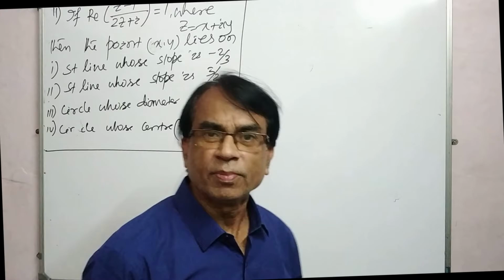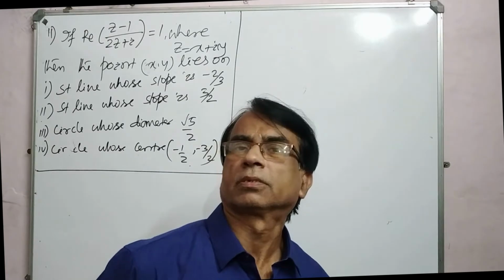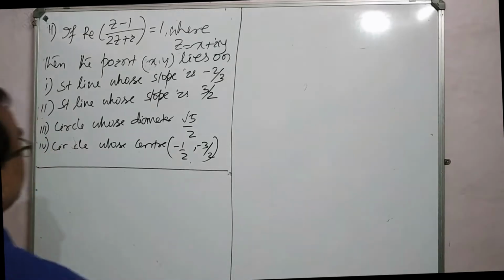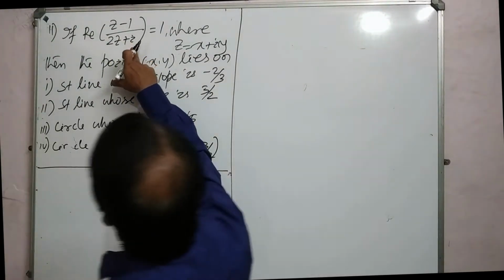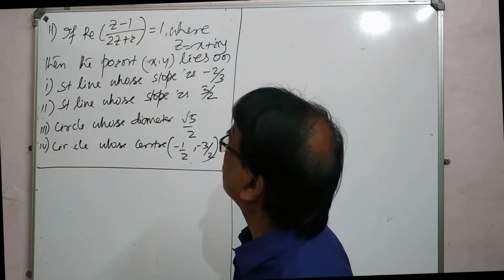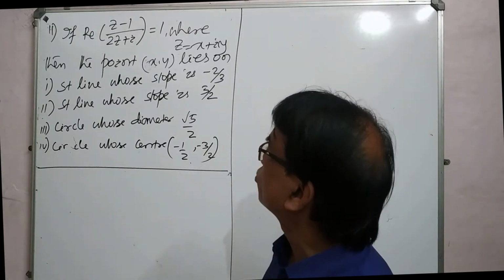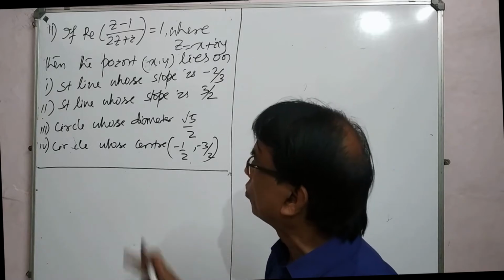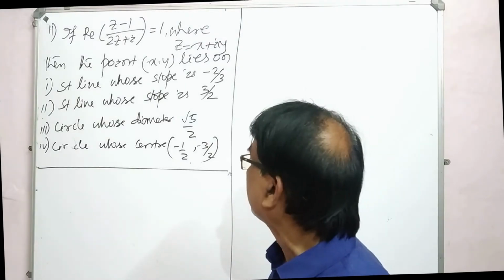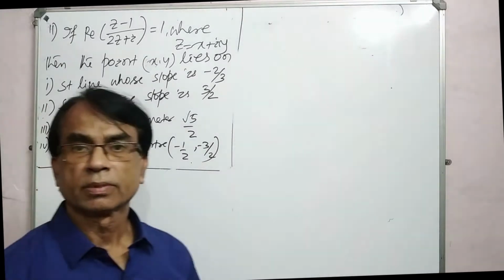Now we'll come to a problem on complex numbers. The basic concept of complex numbers that we have studied in the NCERT book is used. Let's see, here is the problem. If the real part of this complex number is 1, where z is taken as x plus iy, then the point (x, y) lies on: options are a straight line whose slope is minus 2 by 3, a straight line whose slope is 3 by 2, a circle whose diameter is root 5 by 2, a circle whose center is minus 1 by 2 and minus 3 by 2. Now, let us watch carefully, coming to this problem,